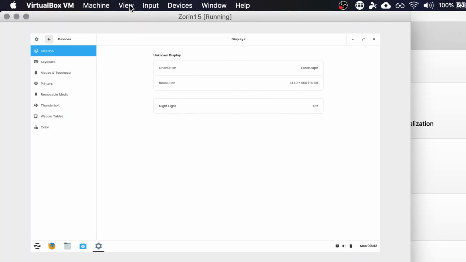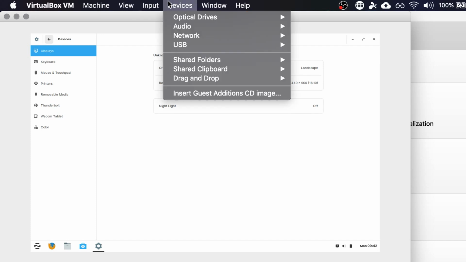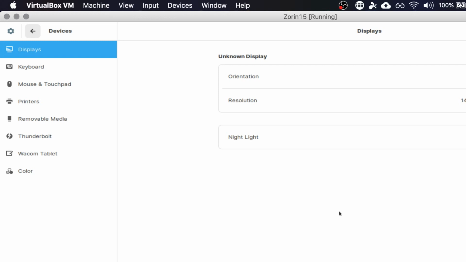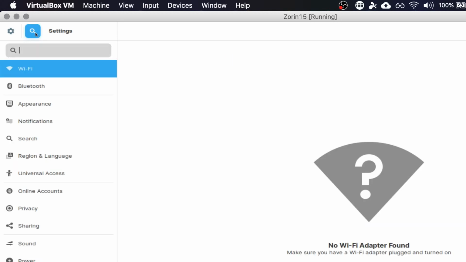Alright, maybe we'll put this back into scaled mode. Okay, so let's go back to our main settings area, and